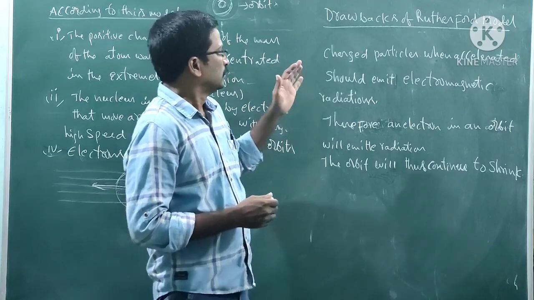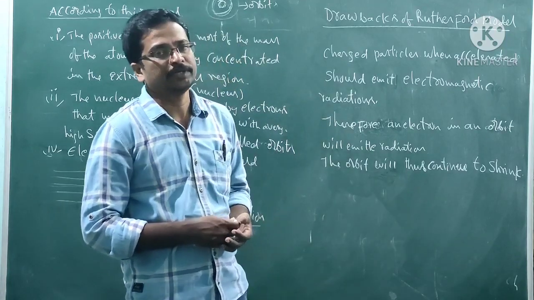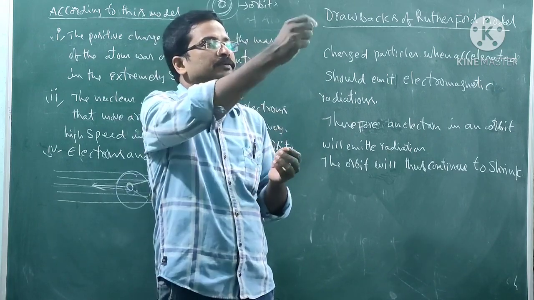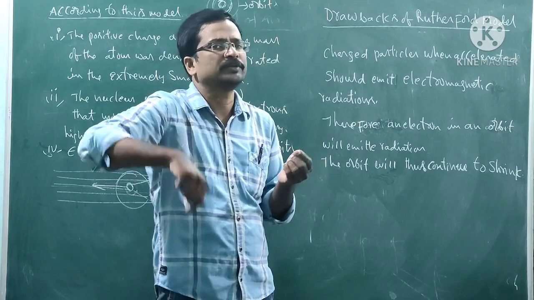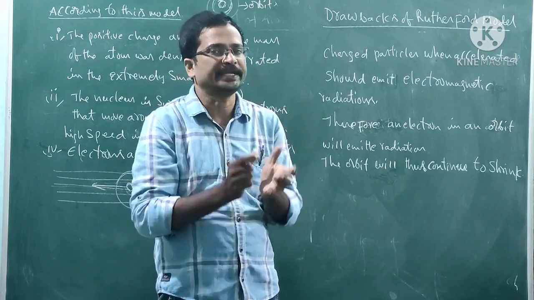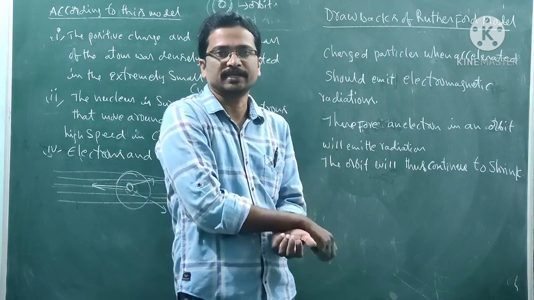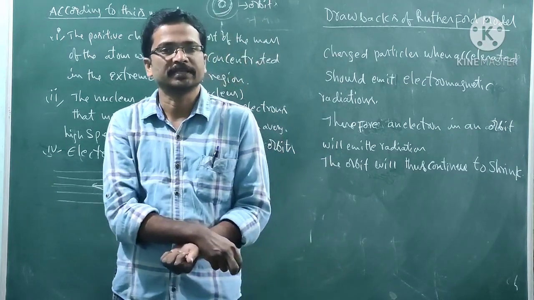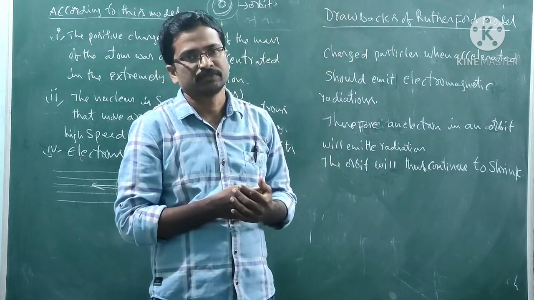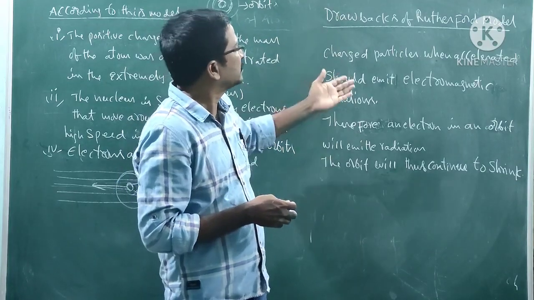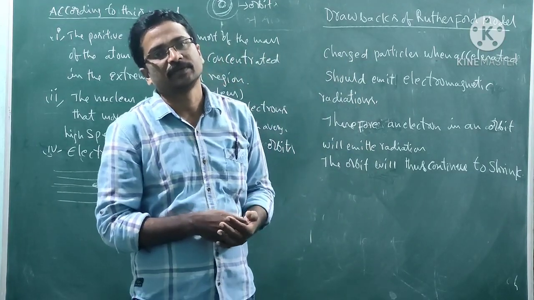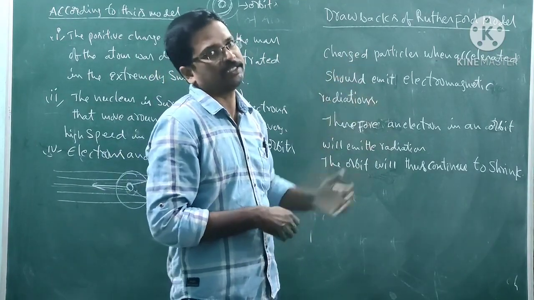According to the Maxwell theory, any charged particle revolving around the nucleus continuously emits radiation and then falls into the nucleus. This is the concept Maxwell has proposed. This is against the Maxwell theory. According to that theory,